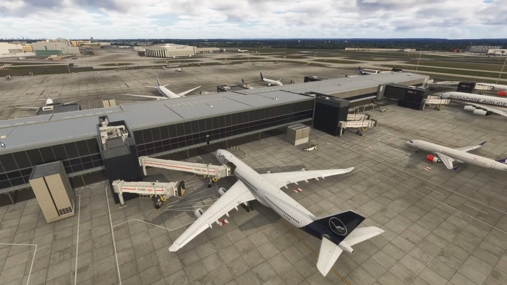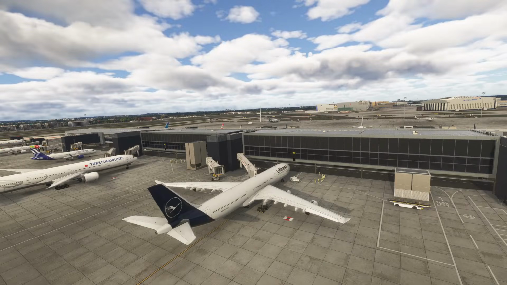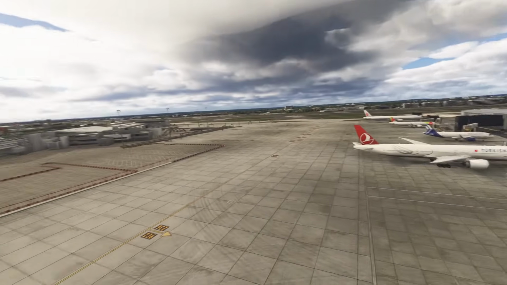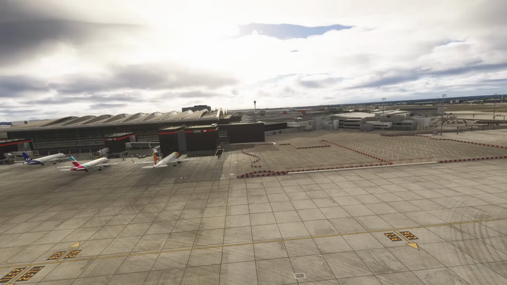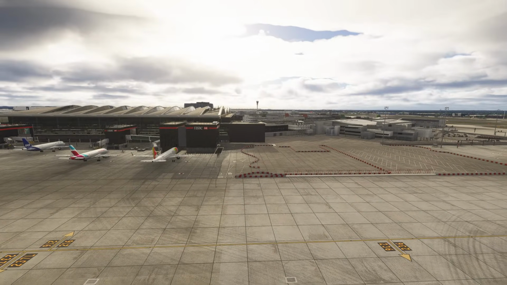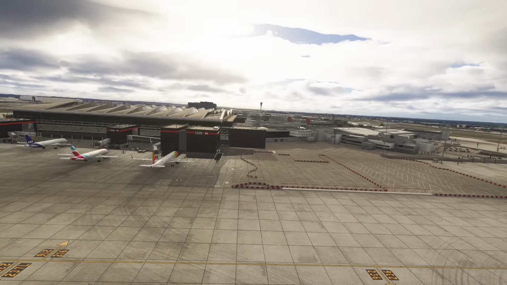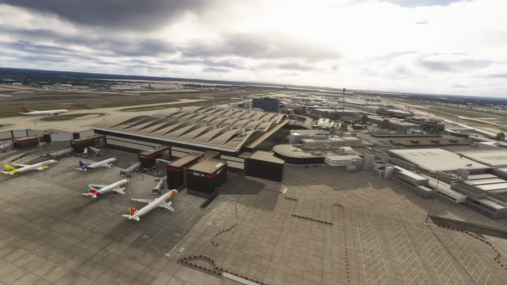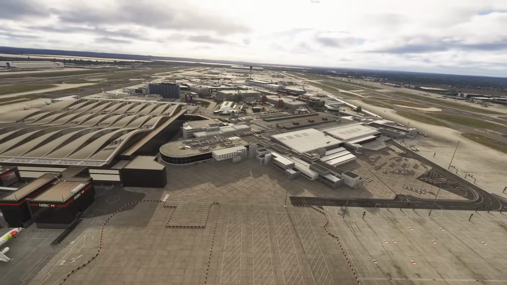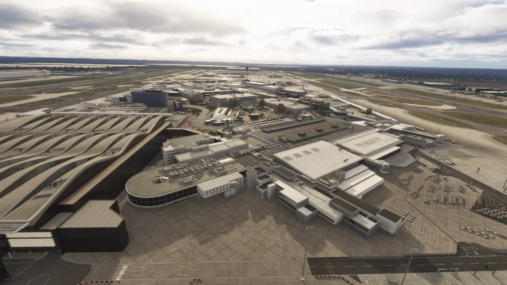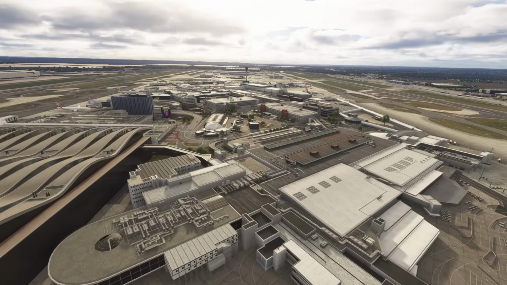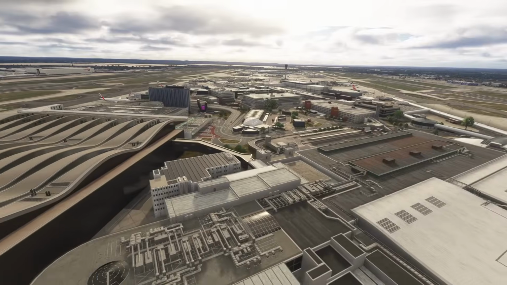So while we are here at Heathrow, I've not seen it myself yet. Let's go and press Shift and X and get the drone camera. And I'm not sure how you rotate this, so bear with me. There we go. Now, I know from experience that this version of Heathrow is a bit of a masterpiece, and yeah, you can see it stuttering. It's a monster, and the reason for that